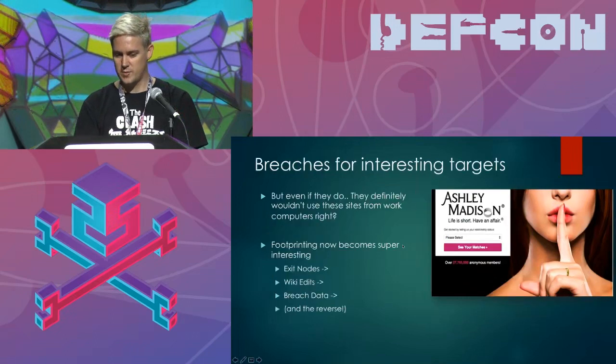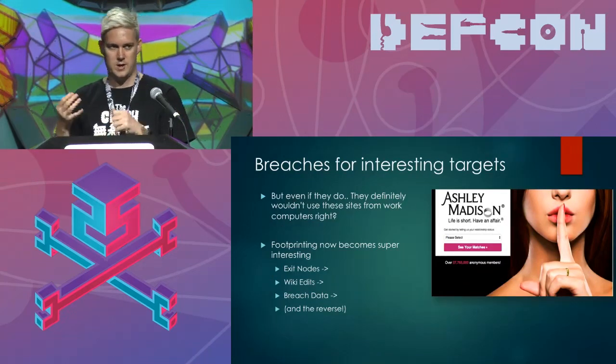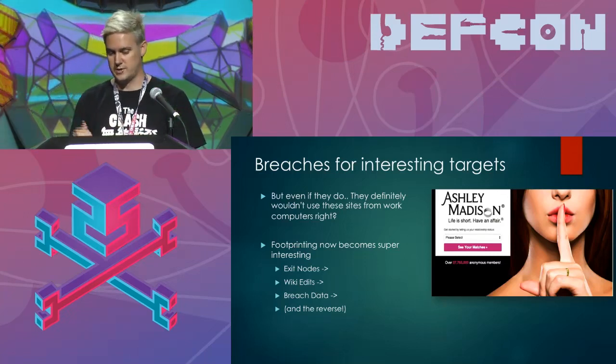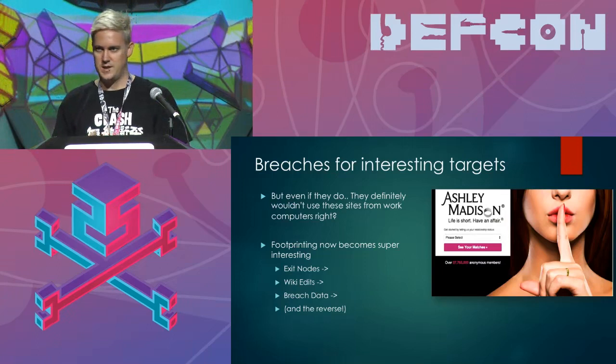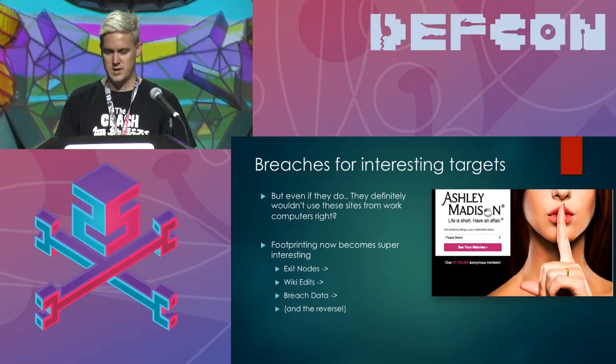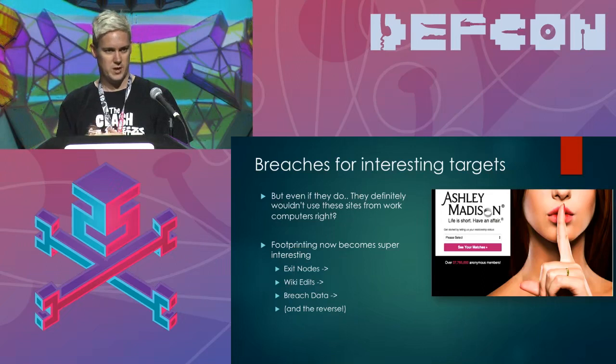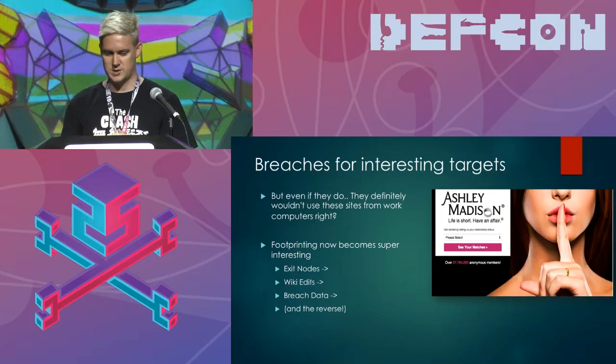A way that's way more exciting is to look at the footprinting and say, if I know that you work at, let's say, the CIA, so that's going to be our example, then I can do a footprint of the organization. CIA didn't register, at least not at CIA.gov, any accounts in that database. So I know I'm not going to find them. But what I do know is that I can footprint their organization really well.